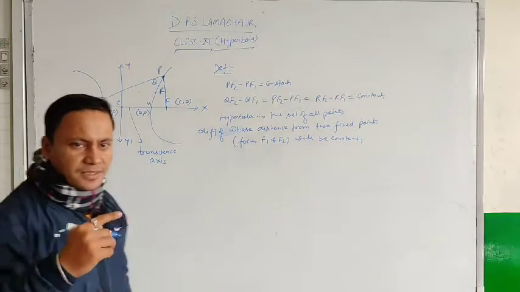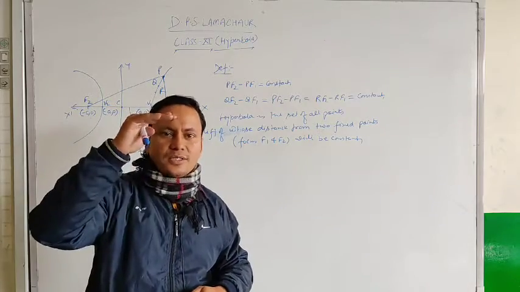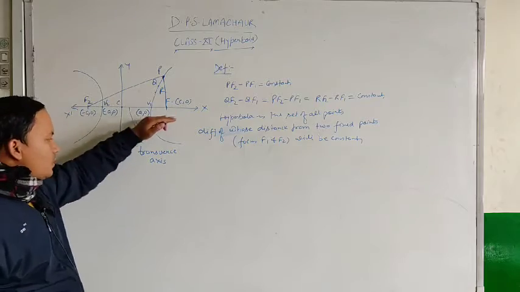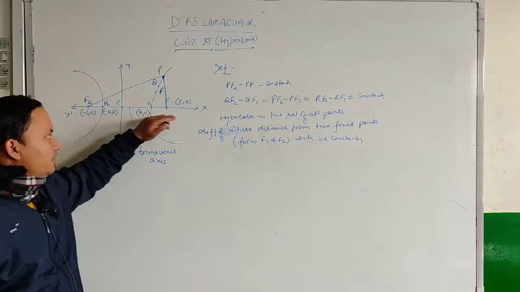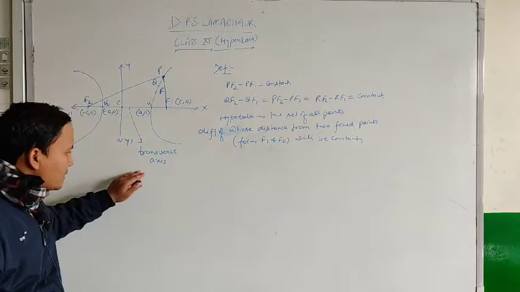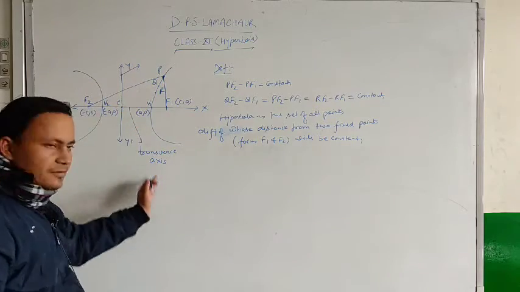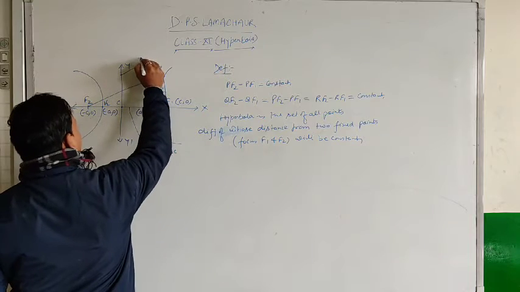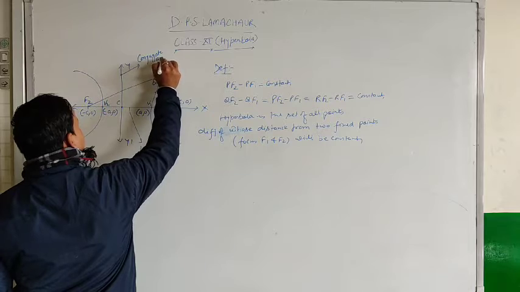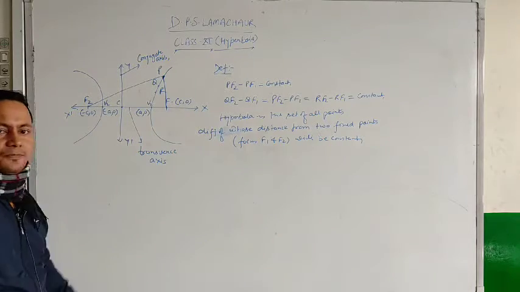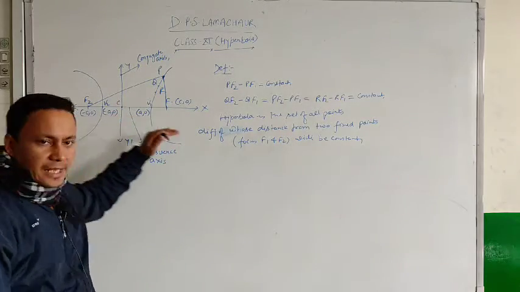In case of ellipse we discussed two axes, the horizontal is known as the major axis and the smaller is the minor axis. Here this one is called the transverse axis, the axis in which the focus lies, ठीक है, the axis in which the foci lie is known as the transverse axis and the axis which is perpendicular to the transverse axis is known as the conjugate axis. So what is the transverse axis? Transverse axis is the line on which the foci lie, जिस पे focus lie करे.